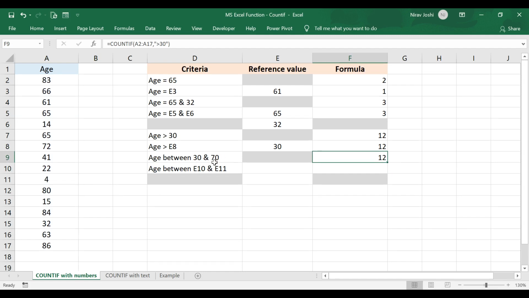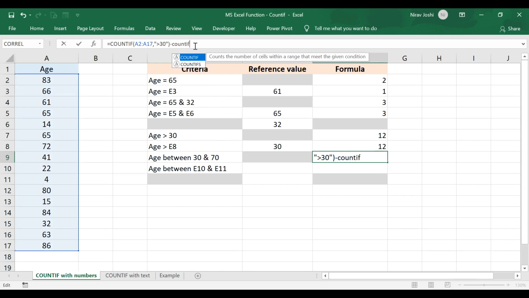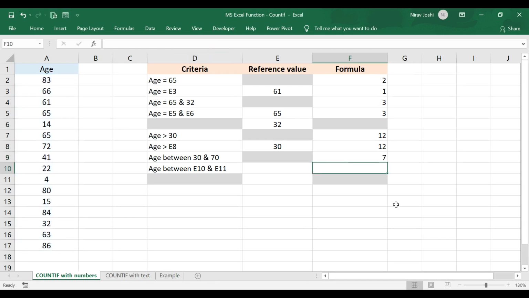Then it will give us the number of cells which have age between 30 and 70. So minus COUNTIF, select the cell range, and we want to deduct those cells which have age more than 70 years. Complete the parenthesis, and it will give the total number of cells which have an age range between 30 and 70 years.